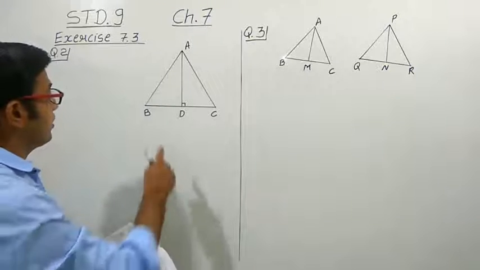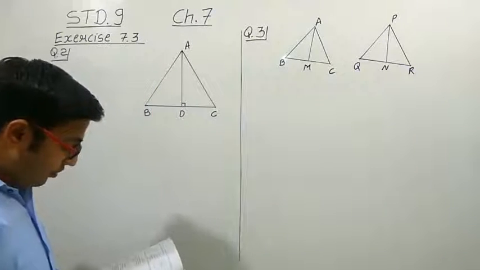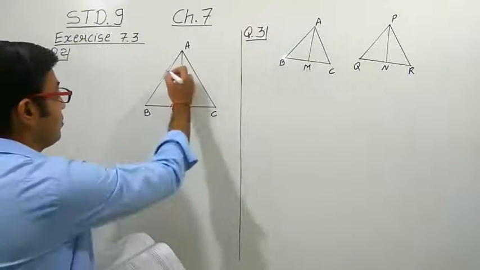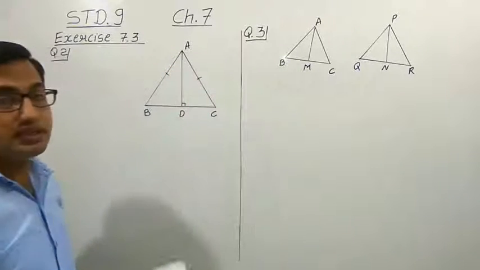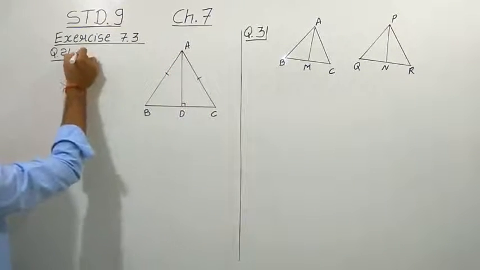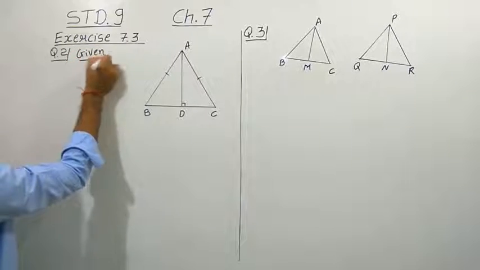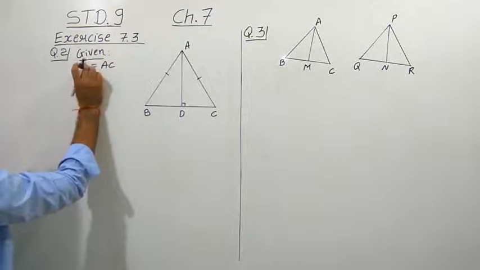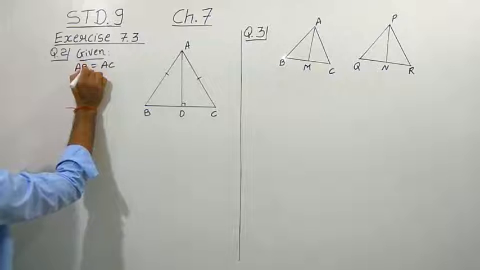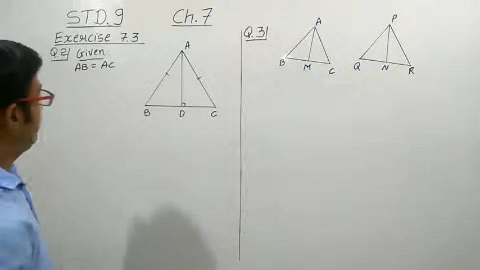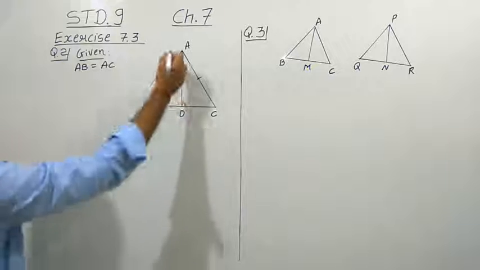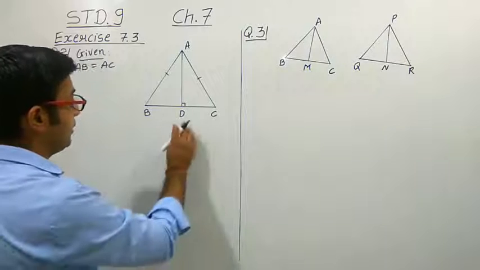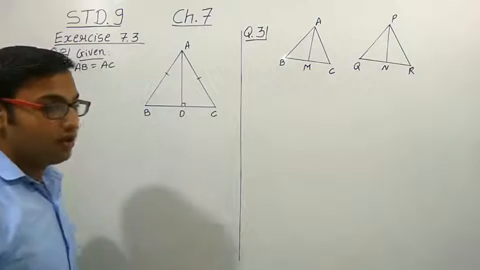So here we have taken one triangle ABC. Here we have given that AD is the altitude. AB and AC are equal because triangle ABC is an isosceles triangle. So here we can write down the given condition as AB is equal to AC, right? AB and AC we have given, the sides are equal. One more thing here we have given is that AD is perpendicular to BC because AD is the altitude. So whenever we draw the altitude on the base, it will make an angle of 90 degrees.